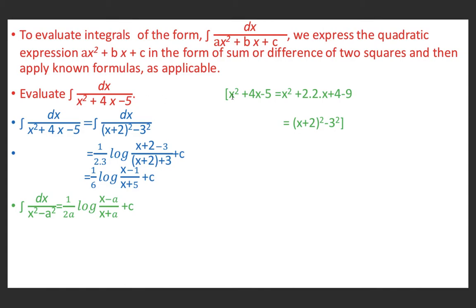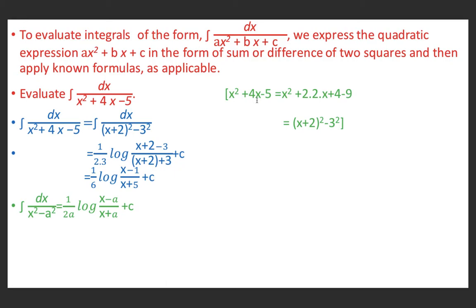So x square plus 4x minus 5 is nothing but x square plus 2 into 2x minus 5. So whatever is the coefficient of 2x, which is 2 here, square it. Square of 2 is 4. Then add and subtract 4 from this expression. Remember that we have to square the coefficient of 2x, which is 2 in this case, and then add and subtract it in this expression.